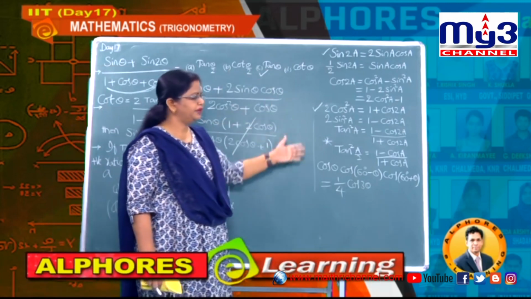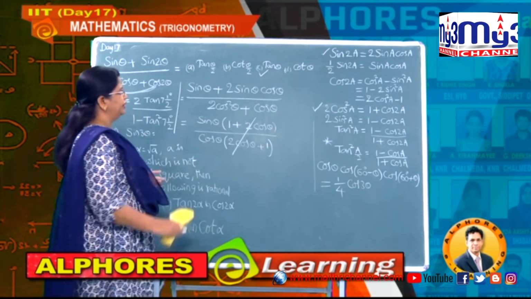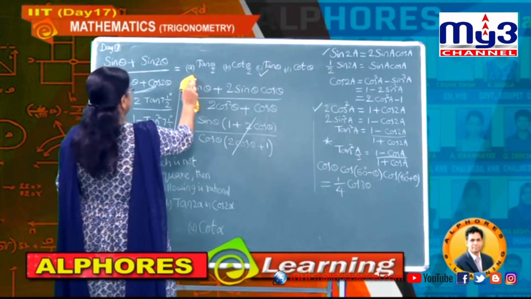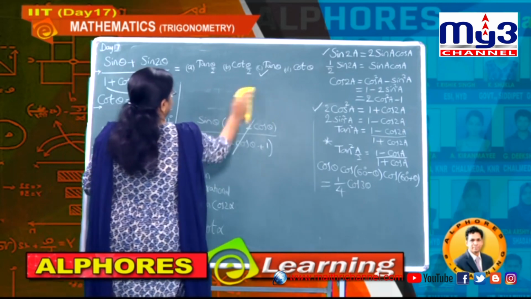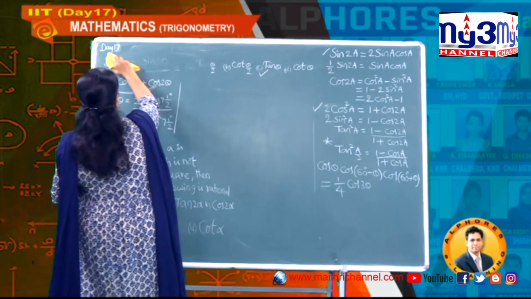Just every day if you write in this way, one day definitely you can solve. No, nothing to worry here. Now let us observe the second problem. What is the second problem, students? It is given in terms of 7.5 degrees.